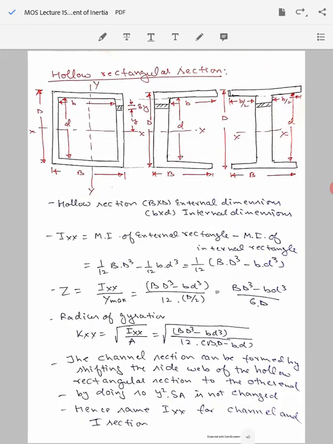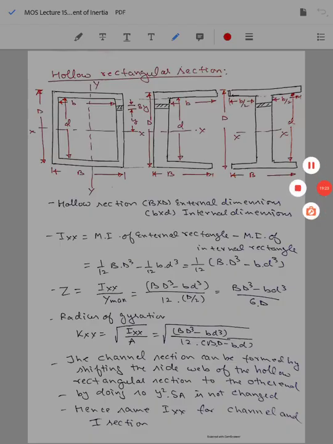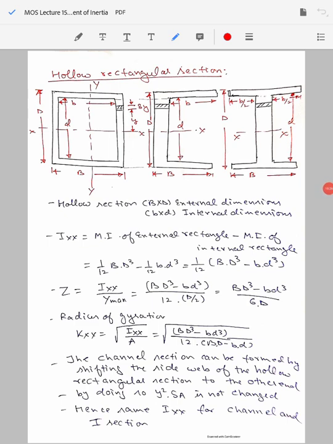Now let's look at a bit more complex figure. Now we are talking here about a hollow rectangular section. In this hollow rectangular section, you can see the cross section has outer dimensions of capital B width and capital D depth, and inside dimensions of small b width and small d depth. This is basically a hollow rectangular section, and you must have seen such rectangular pipes, which are used in a lot of situations in bending. So you need to determine their moment of inertia so that you can calculate the bending stresses in it.